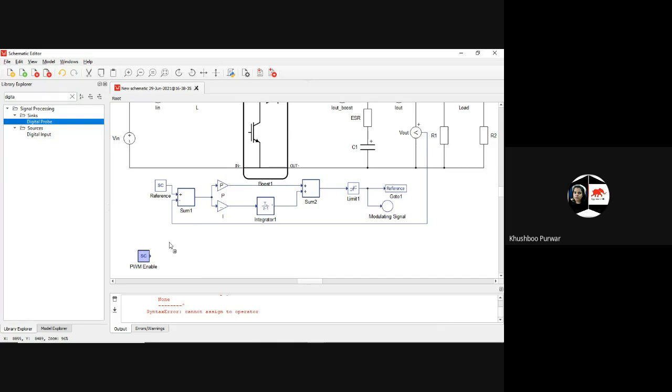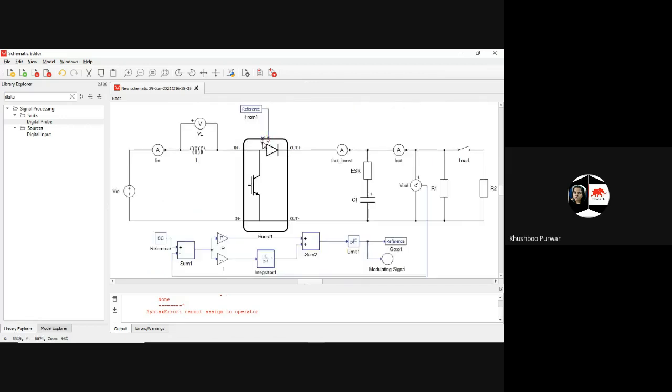So this is my Distill Pro, and in this Distill Pro I will mention it as enable, because here I am looking for enable in the SCADA.